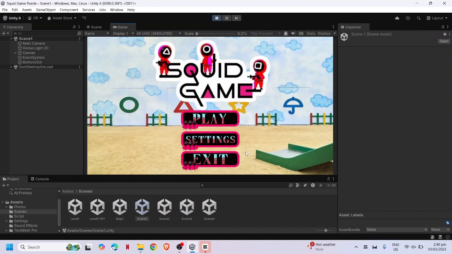If we click play, the settings panel will appear because we haven't entered a name yet, but if we click settings, it will also appear. So let's type in our name and see what will happen. If we click save, it will go to scene 2, which is where the dialogues are, or where the explanation of the game happens.